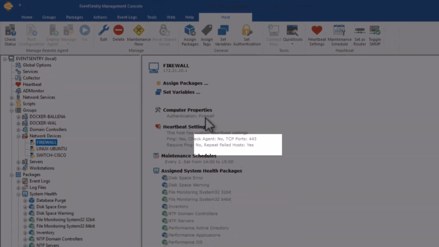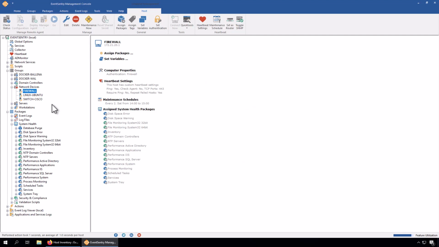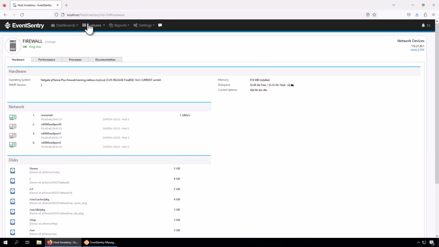So firewall settings are applied here. Of course we can click on set authentication, have the same thing here again. And that's pretty much a prerequisite just to ensure that this host is actually reachable. So before we do anything related to performance counters via SNMP, we want to make sure we can actually reach that host. If we go into the web reports to the host inventory here, then we can also see the